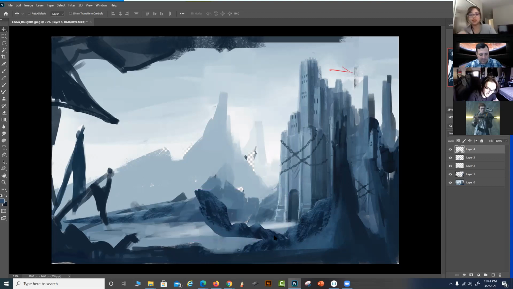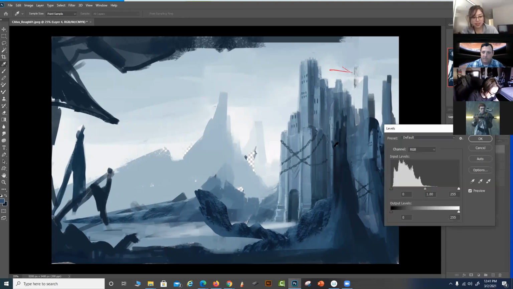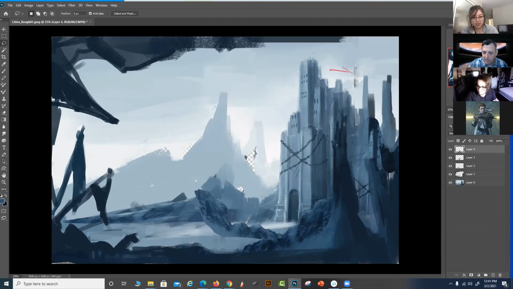Oh, yeah, that's cool. So this is what I was thinking. Let me lighten it just a little bit. Come on, Photoshop, lighten it. There we go. We'll erase this part right here, and then basically come in here and just sort of